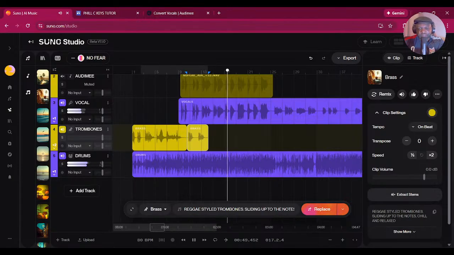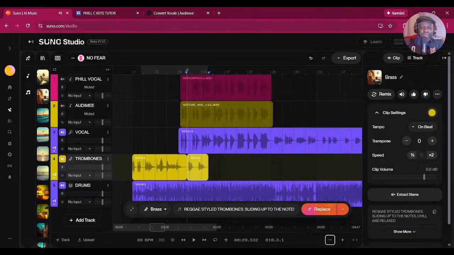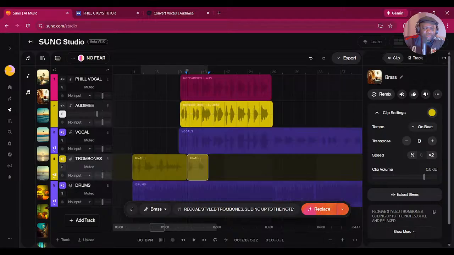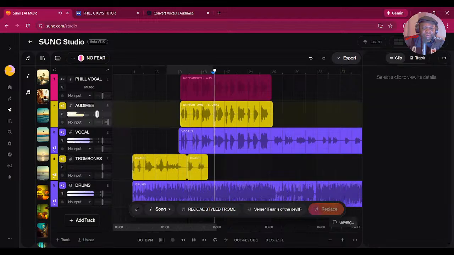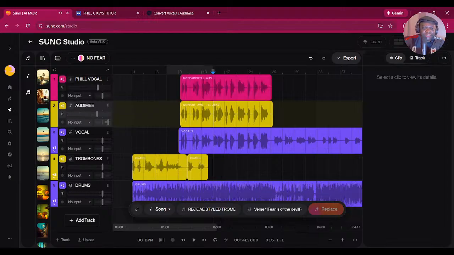No fear. So, assuming I wanted to go with this lead vocalist, sounds pretty cool. I could unmute the Order Me vocal. I could send it to the right. So I got two singing here. But false evidence and real. And I can unmute my vocal and send it to the left. But false evidence and real.